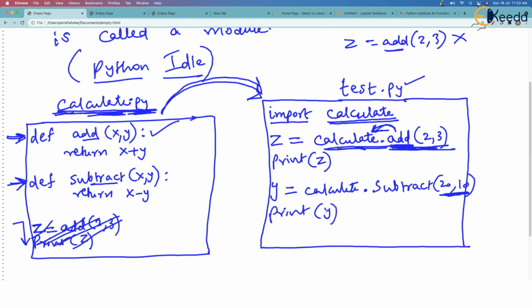What is important for every student to see is that test.py does not have the add function defined anywhere in its code. Just check. Subtract, no, not defined here. Add and subtract are defined in another file. And we are importing that file and so conveniently using add and subtract. This is called reusability. Reuse the code written by others. Maybe this calculate.py has been written by some other programmer, and in my program, I want to do these operations. I can so comfortably use that code which has been written by another programmer and get my program done.